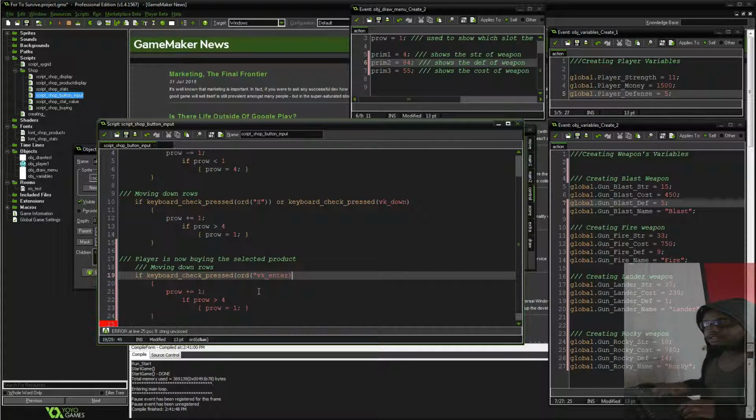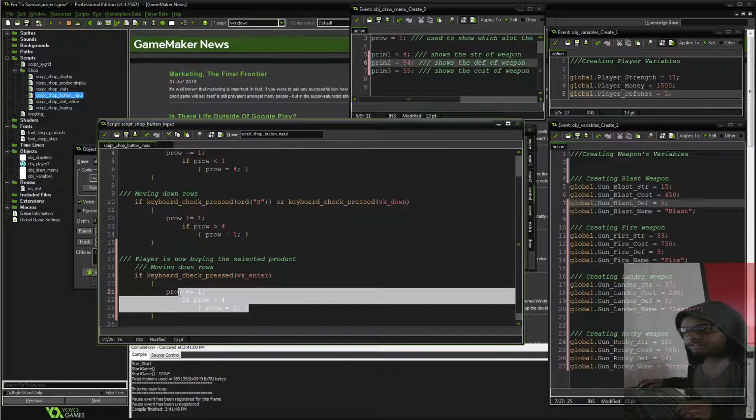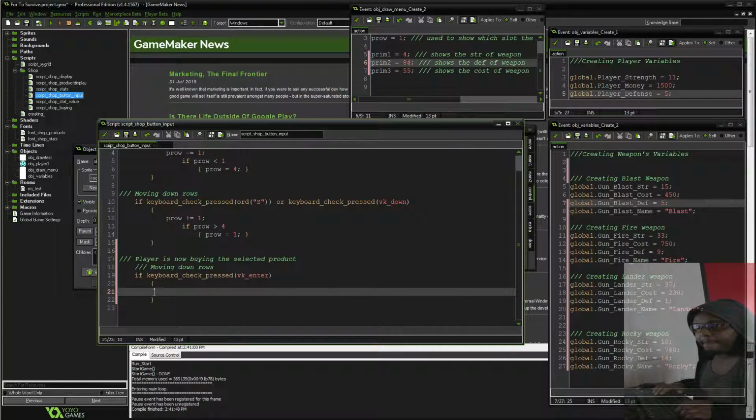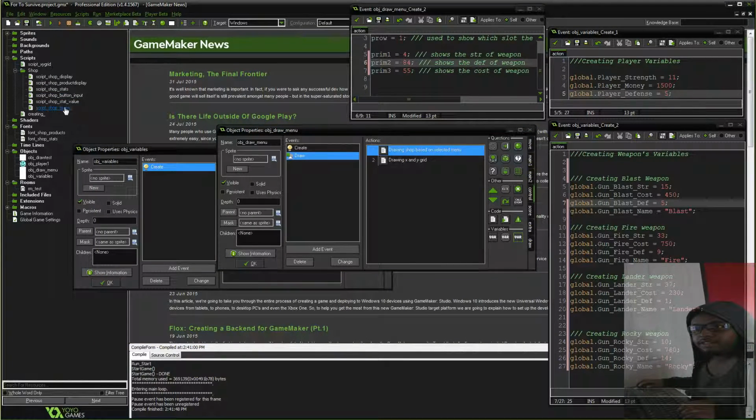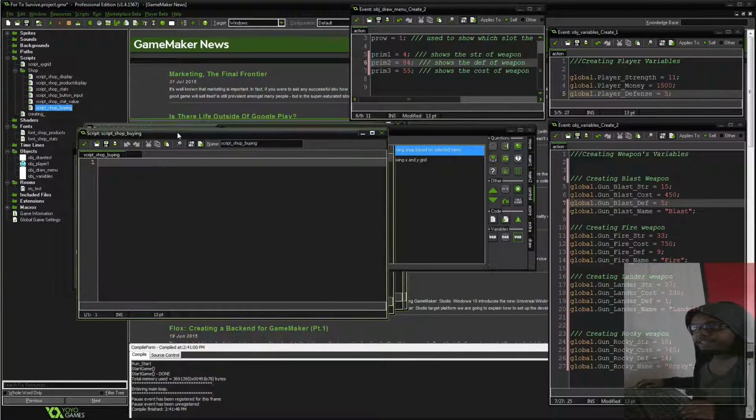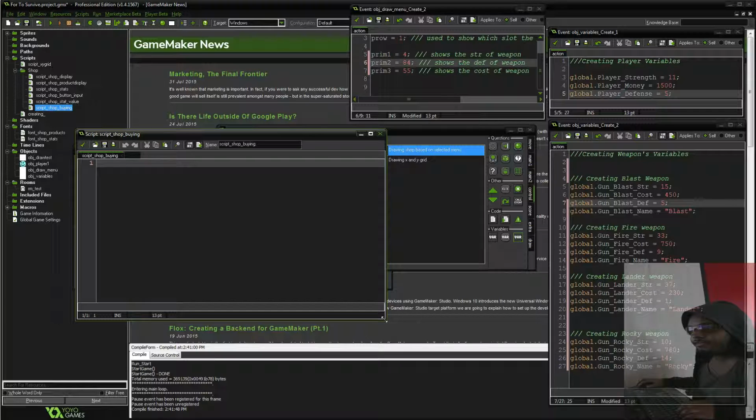Enter. Oh, wait, that's wrong. Enter. So when you press enter, shop buy, it will call for the buying script. So now let's go ahead and open up the buying script, and this is where we're going to type the